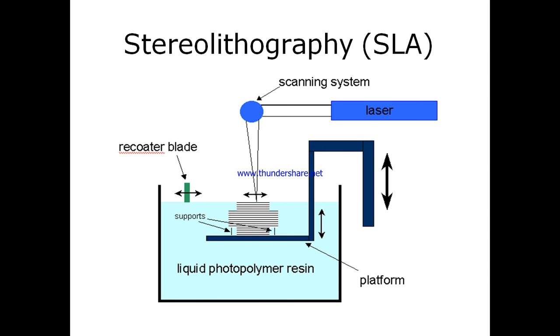So you can observe, whenever the ultraviolet ray impacts this liquid photopolymer resin, it traces each and every time the geometry of the cross section. It causes the liquid to harden in the area where the laser strikes. Wherever the laser strikes, it becomes hardened as per the required geometry.